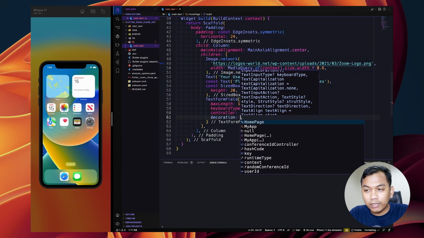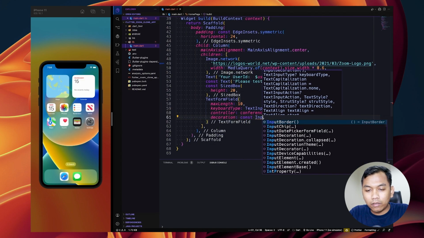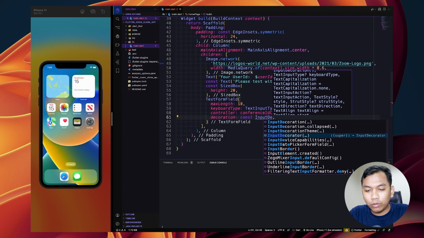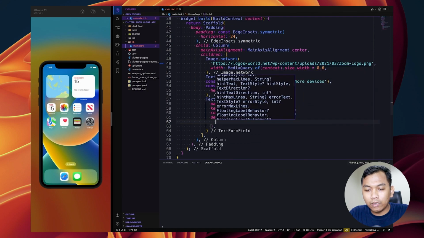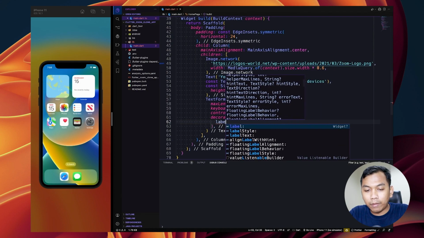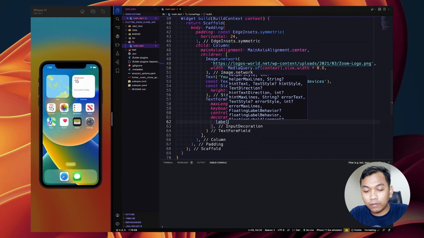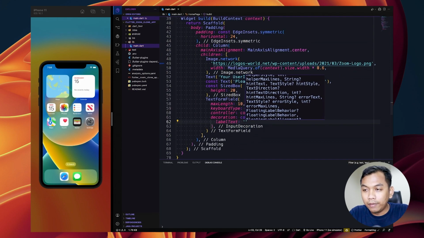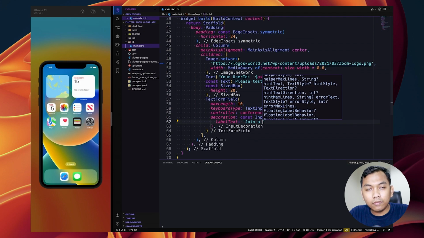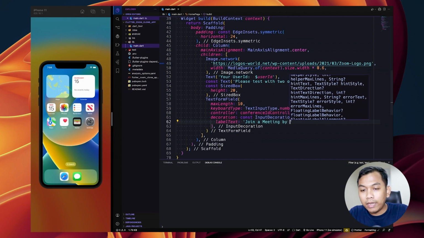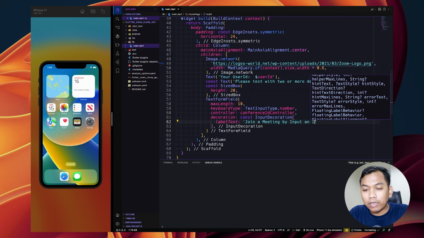And for decoration, we set it to InputDecoration, and labelText will be 'Join a meeting by input an ID'.